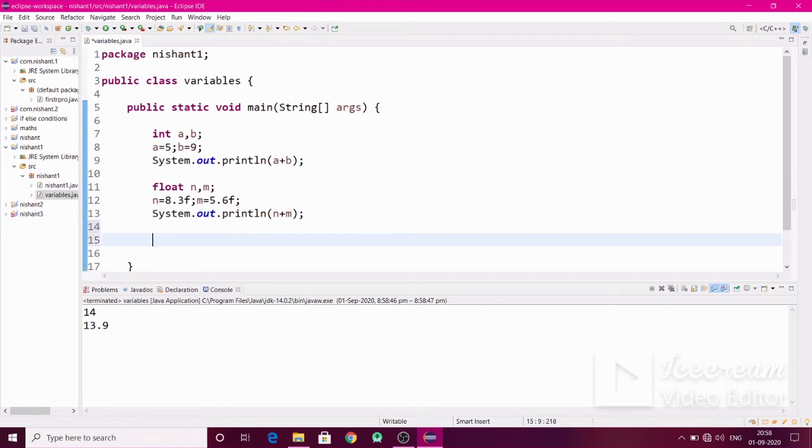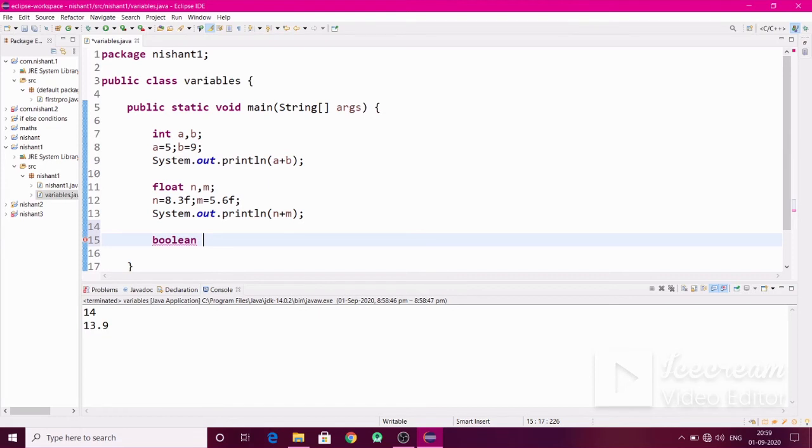So now go to the next variable, that is boolean. Boolean is a type of variable which stores only true and false values.